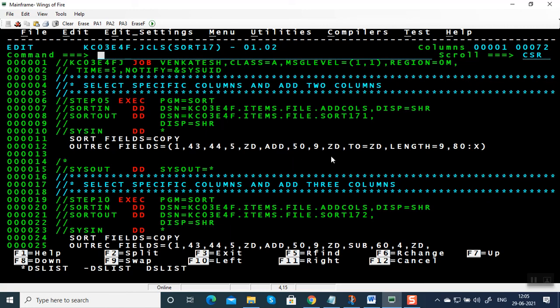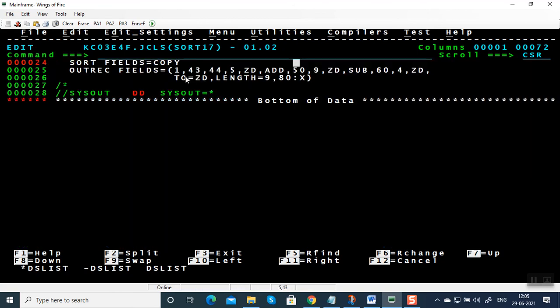In the previous video we added an integer value. Here we are adding the value in the file itself. Make sure the resultant value is converted to ZD and length is also specified. In addition, there is another alternate way of doing this. Instead of giving TO=ZD, LENGTH=9, we can also give EDIT.